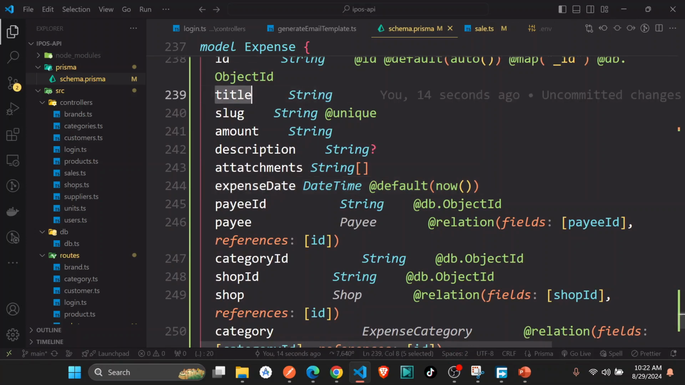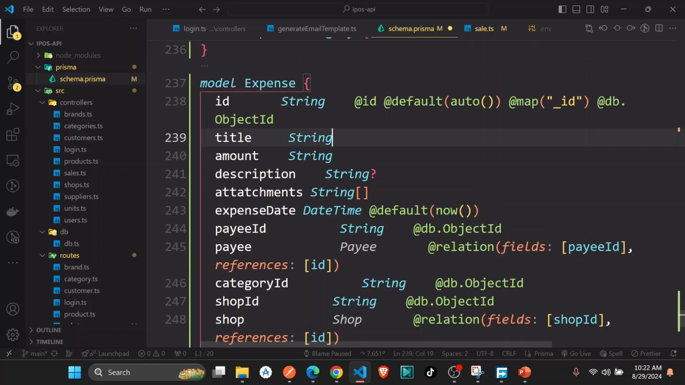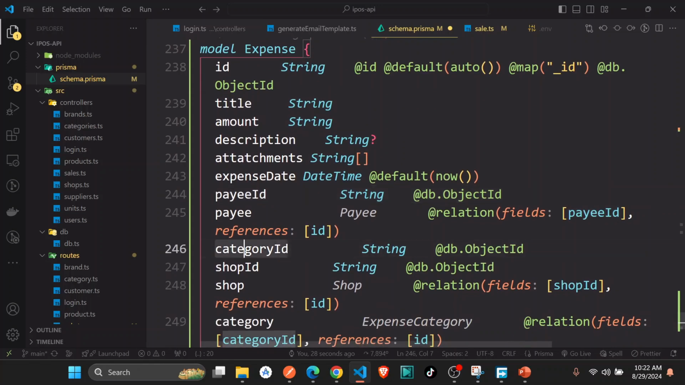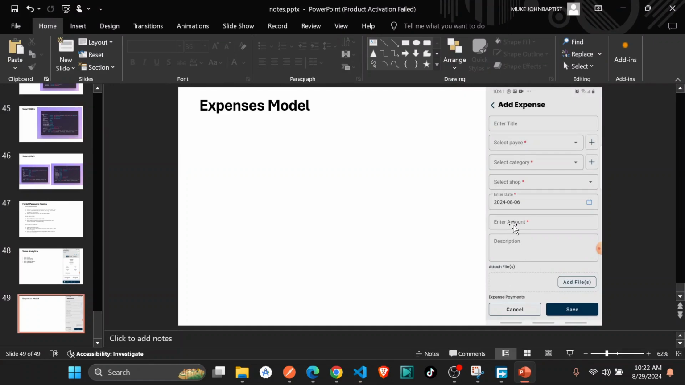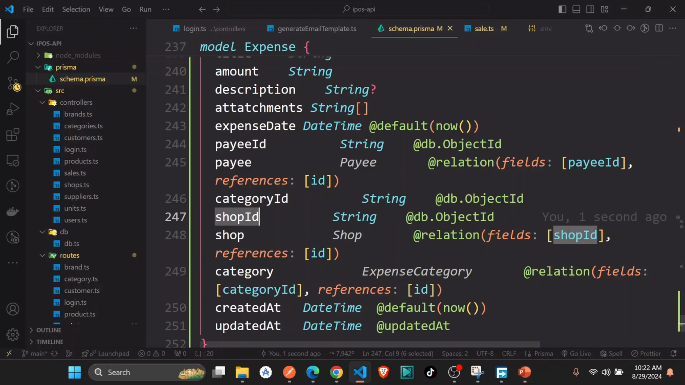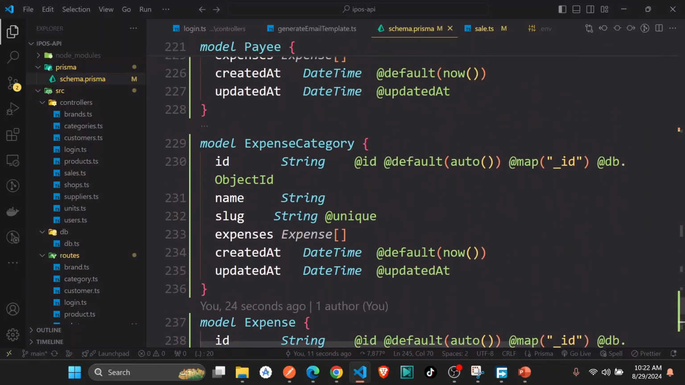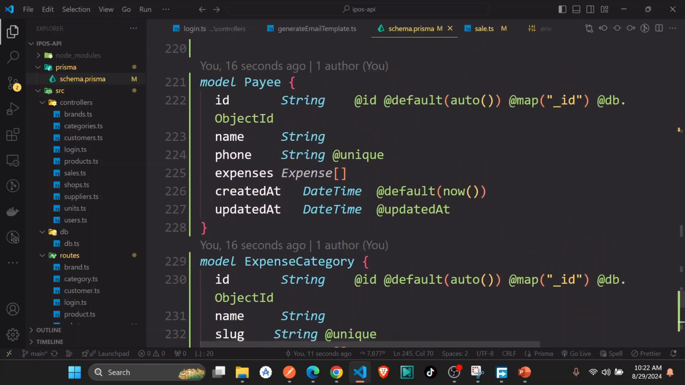For the things which are required, the title, we don't need a slug for sure. We have title, amount, description, attachments. So the only thing that is required are these ones plus the payee, category ID, and the shop ID. Those ones are required. As you can see, amount, the date, and this one. Okay, great. So the first thing you have to work on is these two things, the payee and